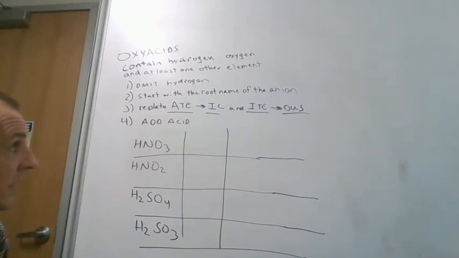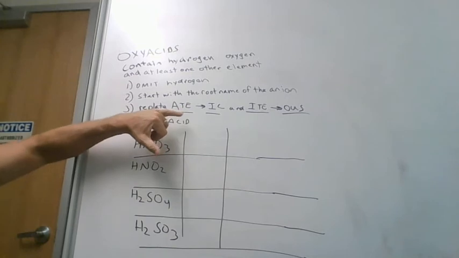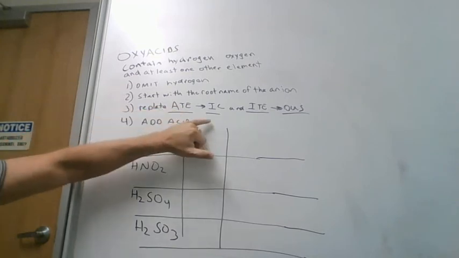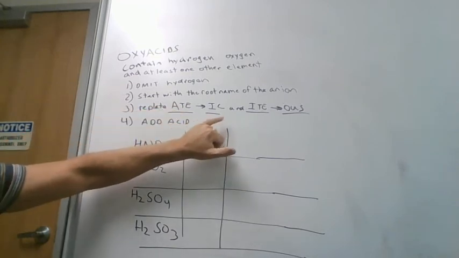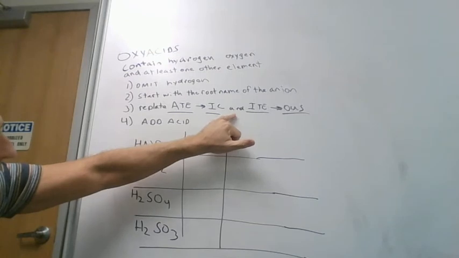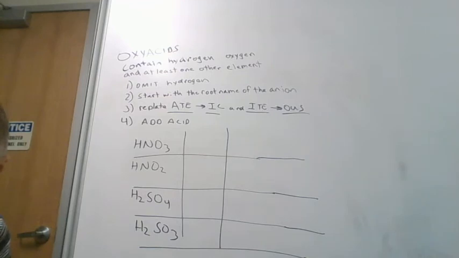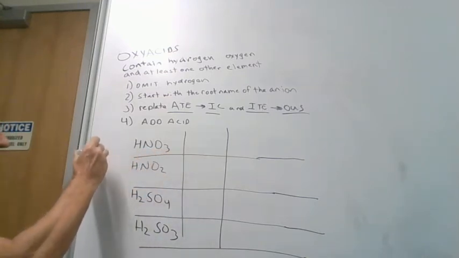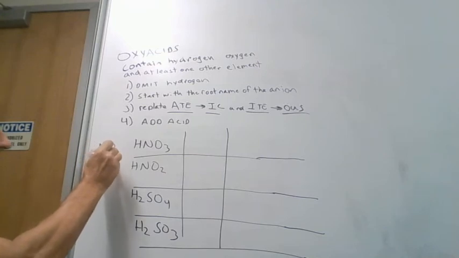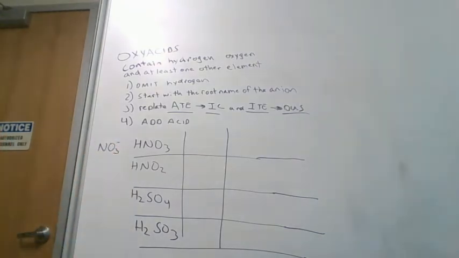And if the anion's ending is usually ATE, we're going to change it to IC. If its ending is normally ITE, we're going to change it to OUS, and then we're going to add the word acid. So if we look at this HNO3, we should recognize that it has the polyatomic ion NO3 minus